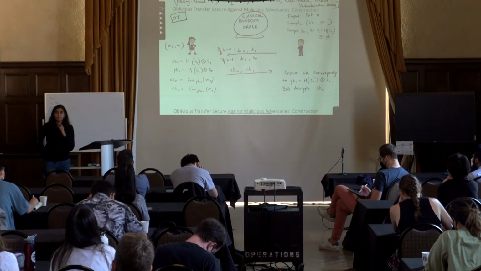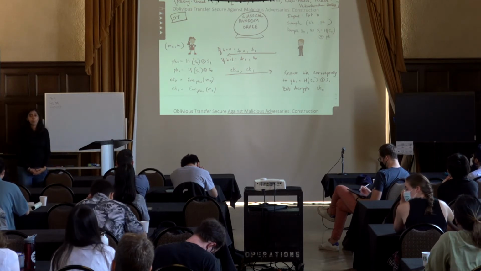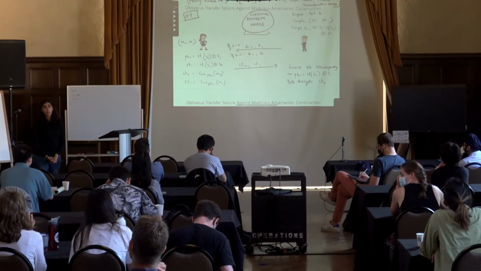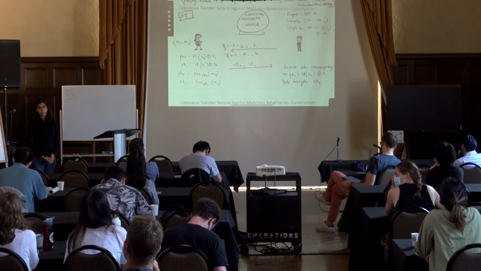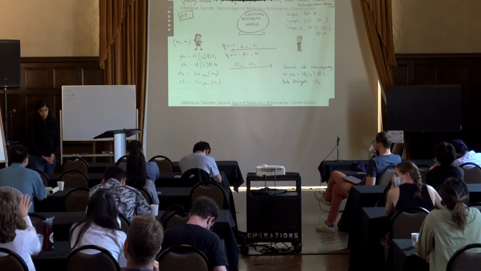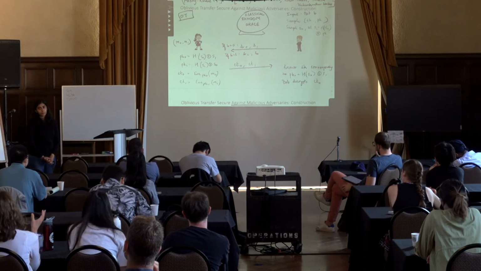Was there a question? Yeah, I guess I'm wondering, are you sacrificing some of the ability in the ideal scenario? If you're interacting with a trusted party, then theoretically Alice could send her messages to the trusted party, and then after that, Bob could send his choice bit B to the trusted party. But here it's almost like Bob is initiating the protocol by first